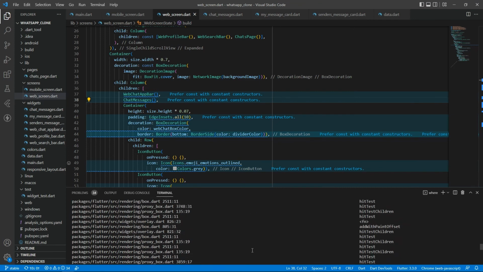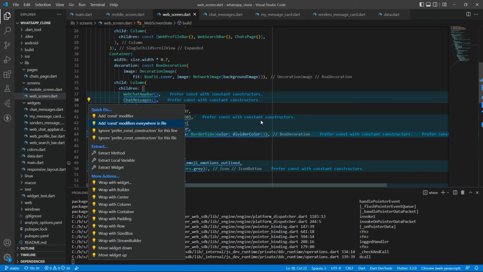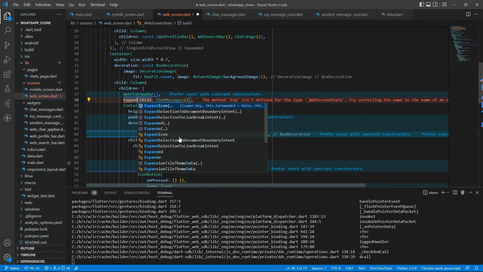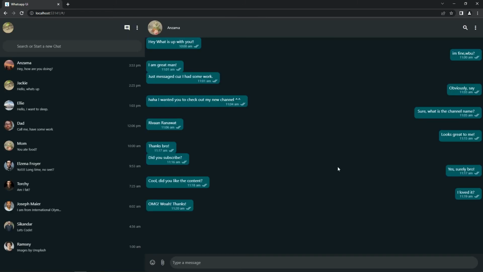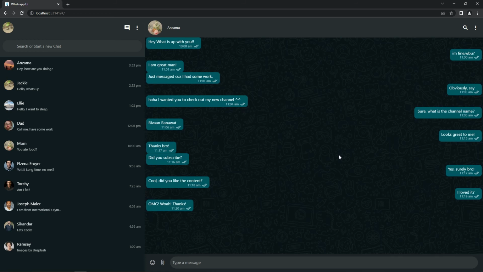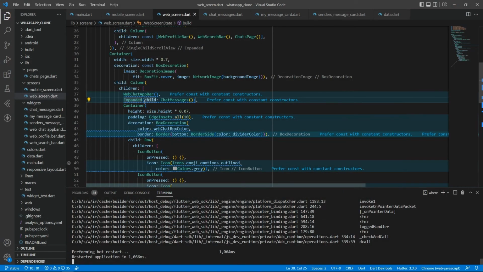Okay, I think I will have to use the expanded over here, because to actually show that in here, so I'm just going to wrap this in an expanded, and rerun my app, and the error should go. Okay, so as you can see the text is looking fine. Okay, but it's too mashed up, so I'm just going to